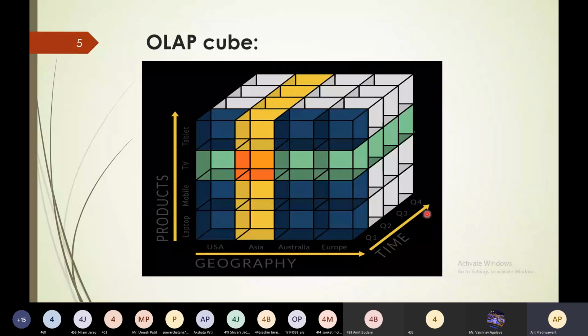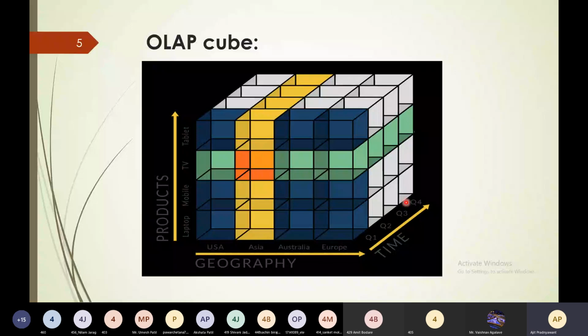So it will show you, in a particular quarter with geography, how many laptops, mobiles, TVs and tablets are purchased. So according to this cube, you can retrieve any information from this cube.